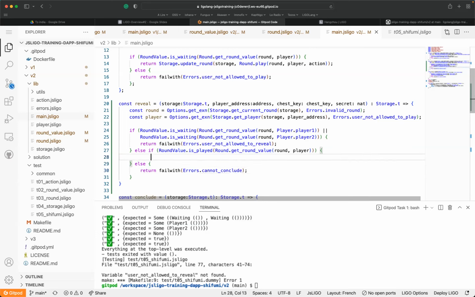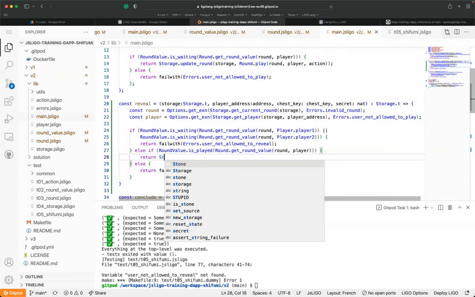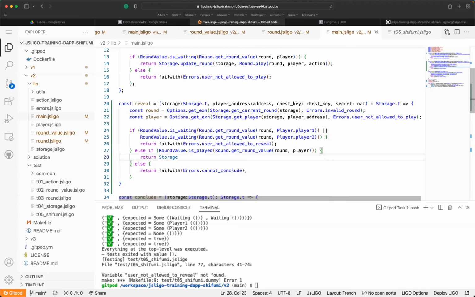Okay, and then after here we have to write the nominal case. Both players have played, so they are maybe in played or revealed. The current player is in played status. Okay, so we can reveal. We are able to reveal. Otherwise, we cannot. So we just have to return a storage which is updated, where we update the round.